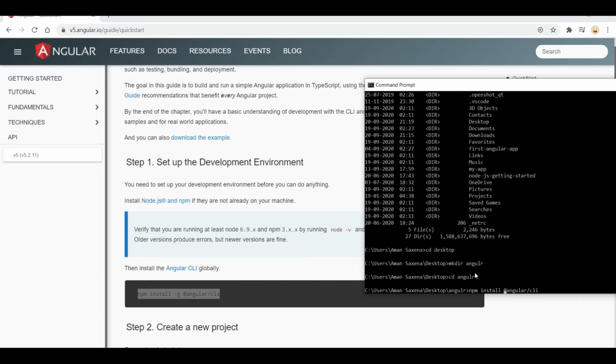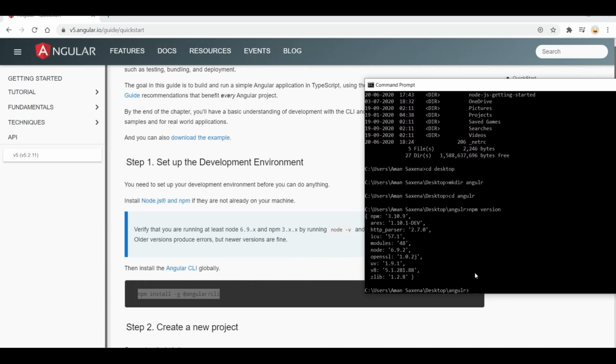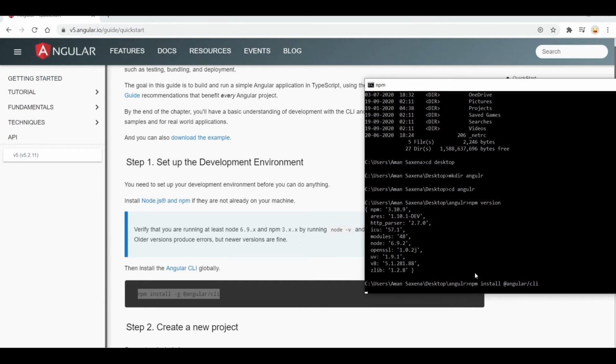I think I have to mention Angular 5.2.2 CLI at. Okay, let's do it without Angular 5.2 because currently we are using node version 6.9.2 and npm must be 3 point something. Let's check the npm version. It's 3.10.9 and let's now install Angular CLI. Let's check which Angular version it will install. I'm assuming that it will install the latest Angular version,